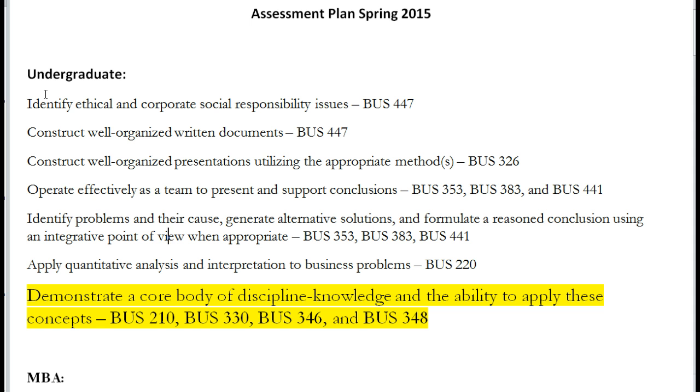Now, there are a number of meetings by different committees and faculty meetings that determined what the program learning outcomes would be and the course specific learning outcomes and how we're going to go about assessing 330. So I'm here to explain it all to you and put it together in a way that you'll understand how we're going to do the assessment for 330, because we all have to do it the same way using the same tools in order for AACSB to be satisfied that we're assessing evenly and